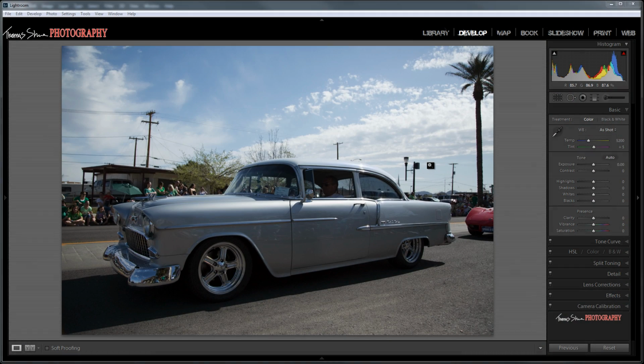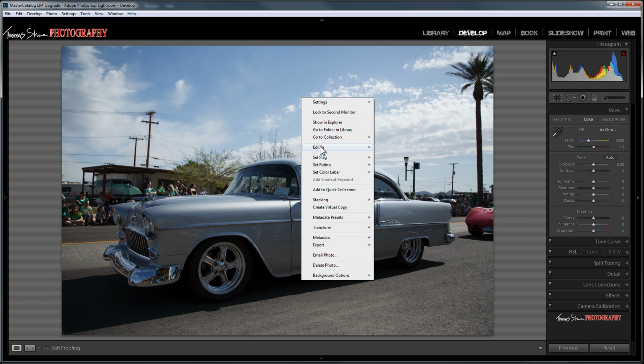Hi, my name's Tom Shue, and today I'm going to teach you guys how to take one of your raw files and process it multiple times inside Photoshop to create any kind of dynamic range or change you want to your photo. And this will allow you to just run wild with your imagination as far as your creative vision is concerned in post. Okay, so first of all, we're going to right click and we're going to say Edit